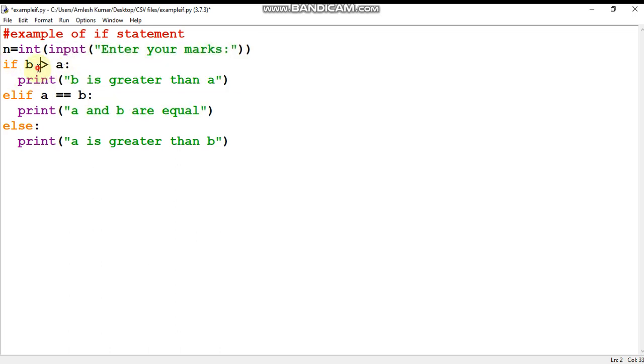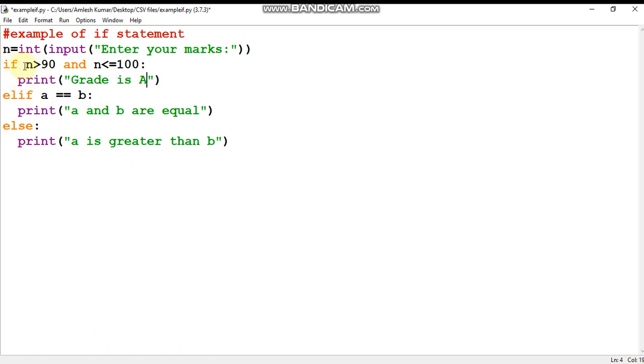Now what I want to check: if n is greater than 90 and n is less than or equal to 100, then in this case the grade is A.